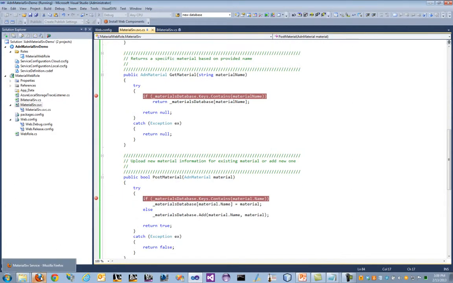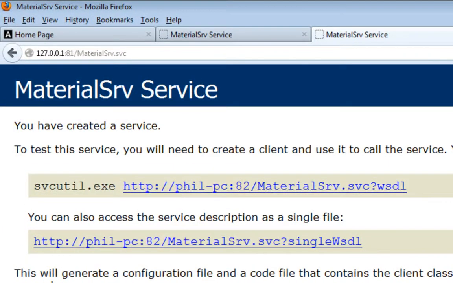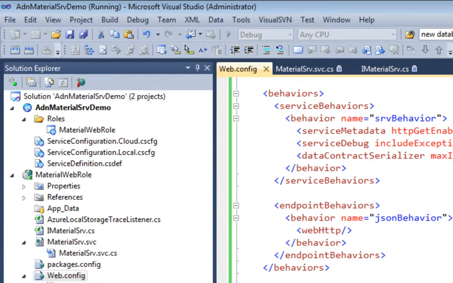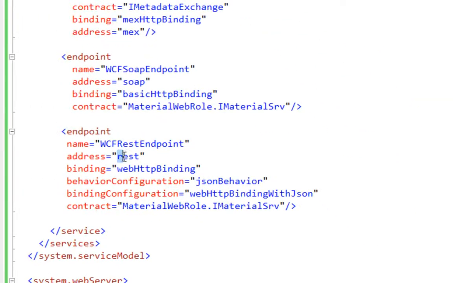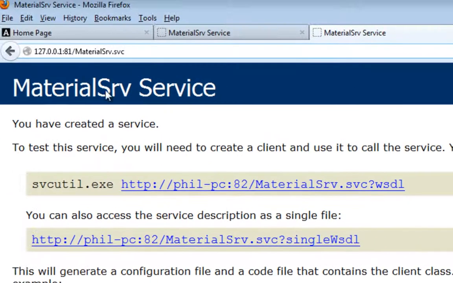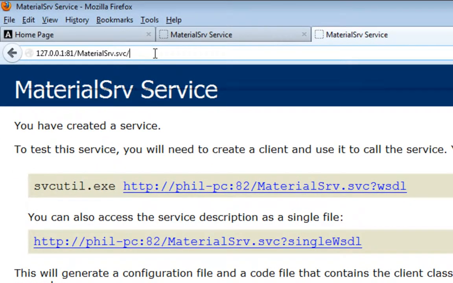So now, because our service is using REST, and REST is natively understood by web browsers, I can simply type the address of our service. So we can switch back to the config file in order to show you what's happening. The address of our service here has been specified as REST, so it means that the address of the specific method will be the base address /rest / the name of the method that has been defined inside our interface, so in that case materials. So I'm going to type the address of that specific method, so here I'm using rest /materials,